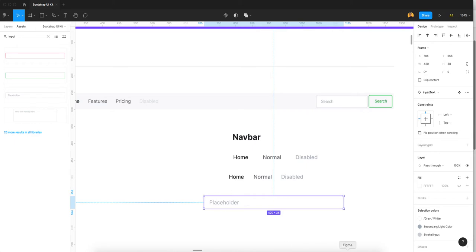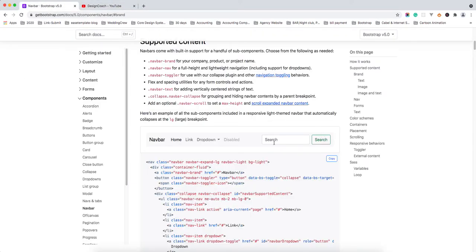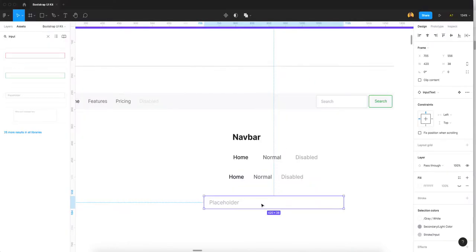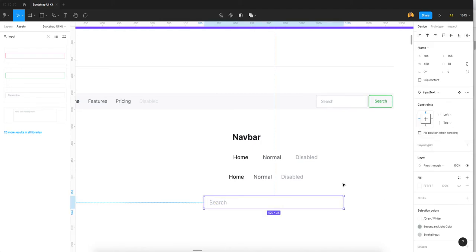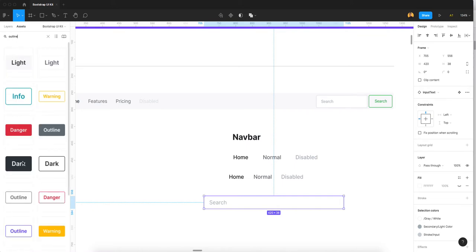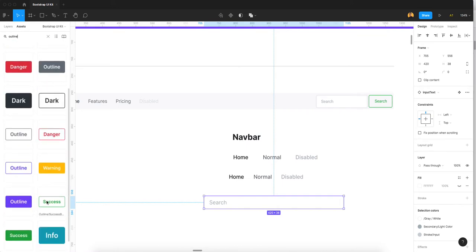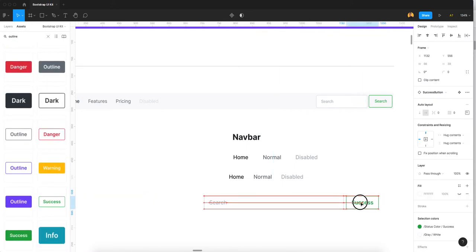We go here, this search, and type search. Now we need an outline button. We use the success outline button for this.